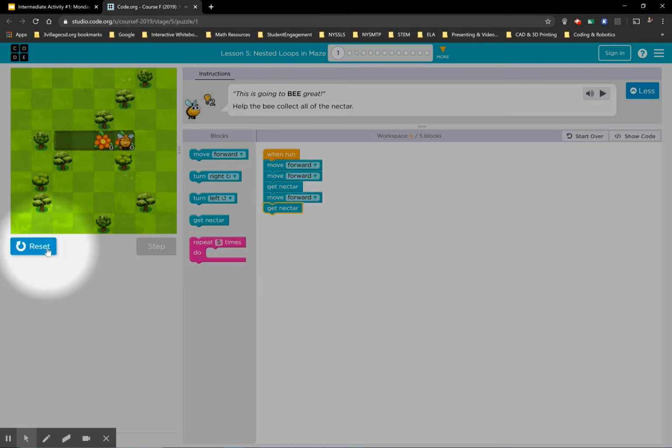But the whole point is you looking for ways to use the repeat command, because looping is done quite a bit in coding. One thing that'll help you is up here in the workspace: the first number, 6, tells me how many blocks I used. The second number, 5, is the number I should use. So I'm using one more than I should. I want to read the code out loud and see if I can find a pattern. Move forward, get nectar, move forward, get nectar. I think I see a pattern right